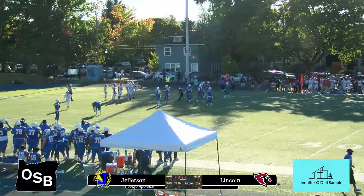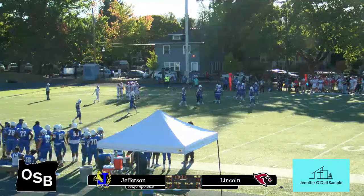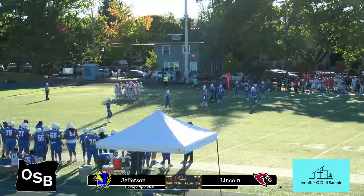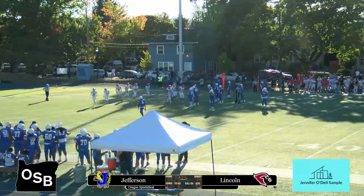Jefferson penalized five yards, that one wasn't for doing nothing. Encroachment on Jefferson. First down. That'll make things just a bit easier for the Cardinals, at least on this first set of chains. It'll be 1st and 5